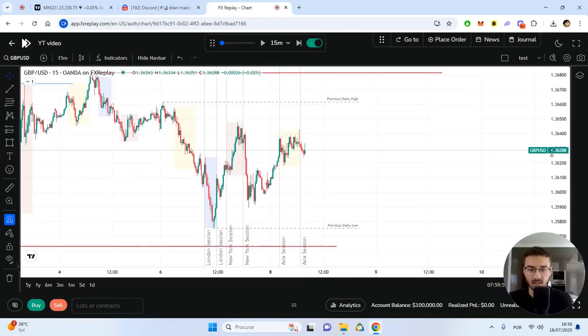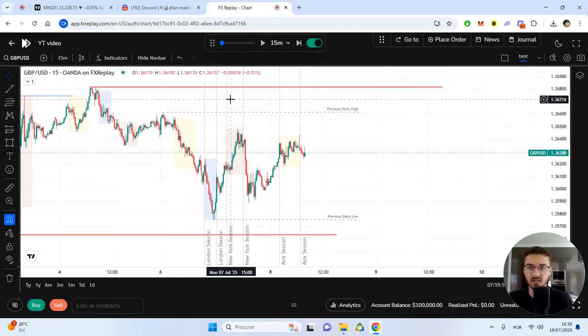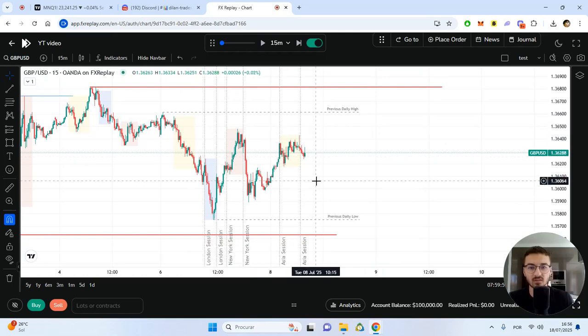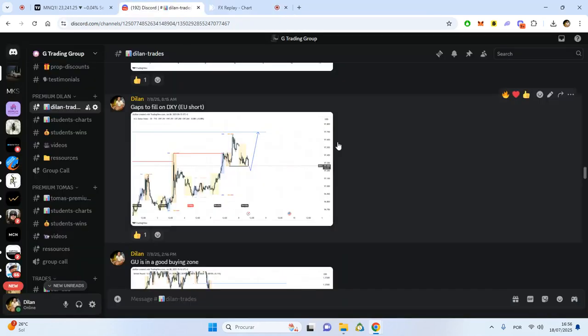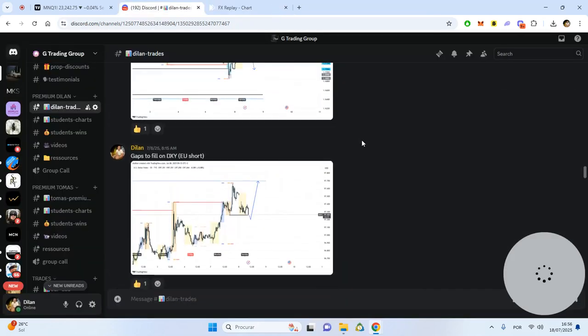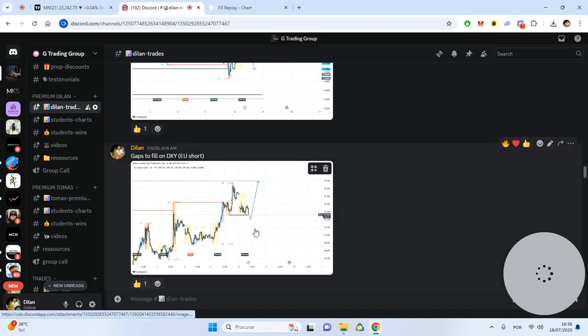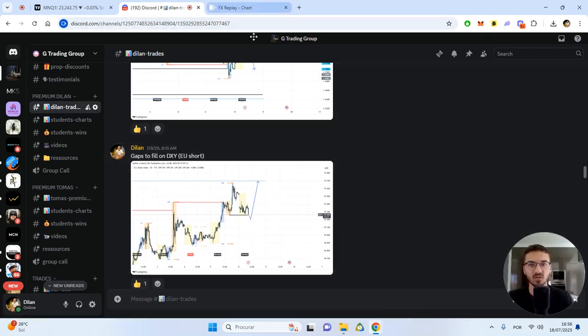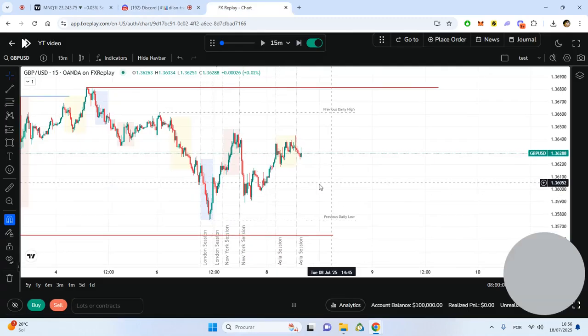Okay? And that would be good for shorts, because then the XY would go up, but then as it would go down, EU and GU would go up. Or no, no. Because that scenario would be after the efficiency. I was looking for a sweep of this and then actually go up in order to short both of them. So